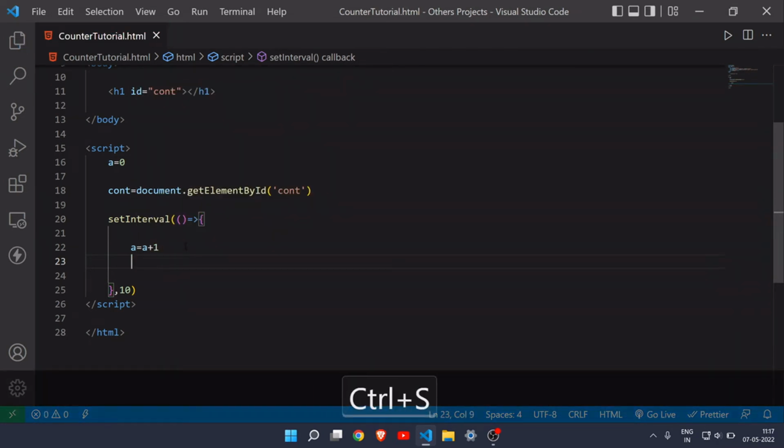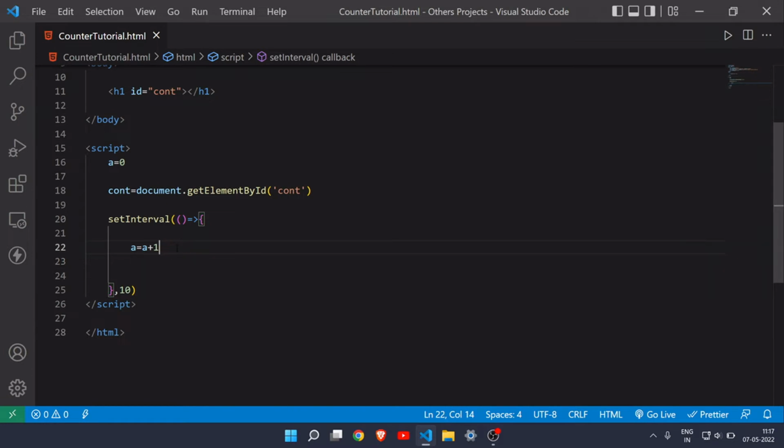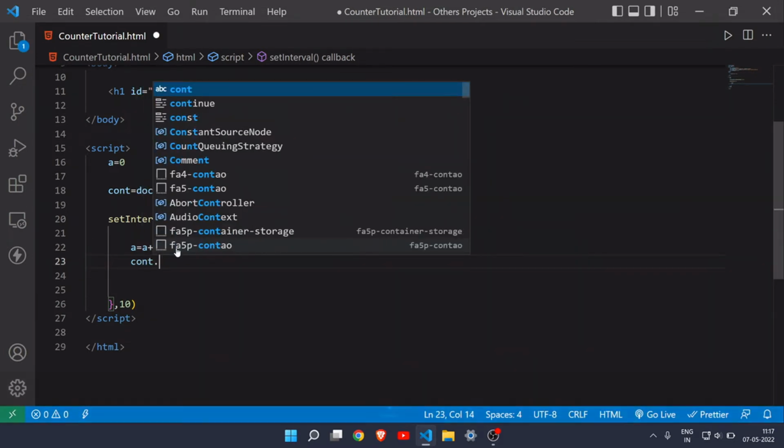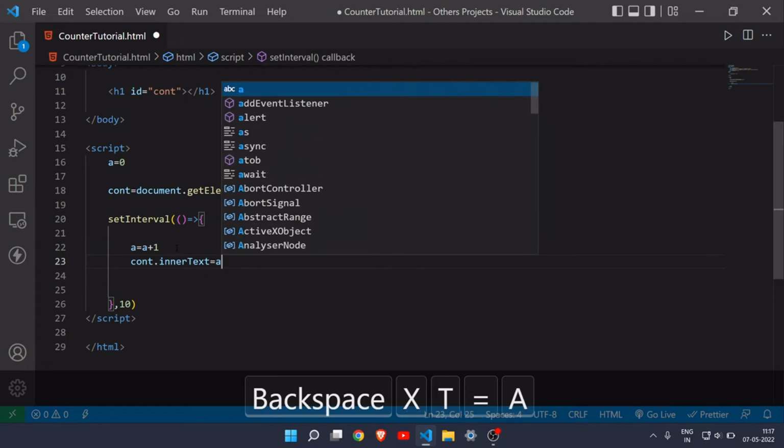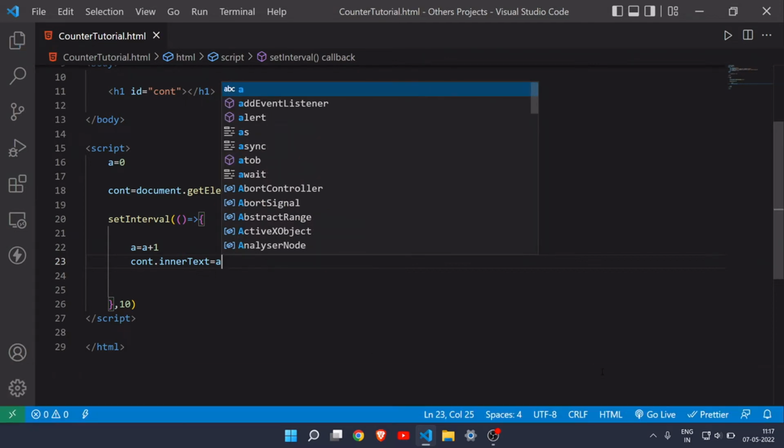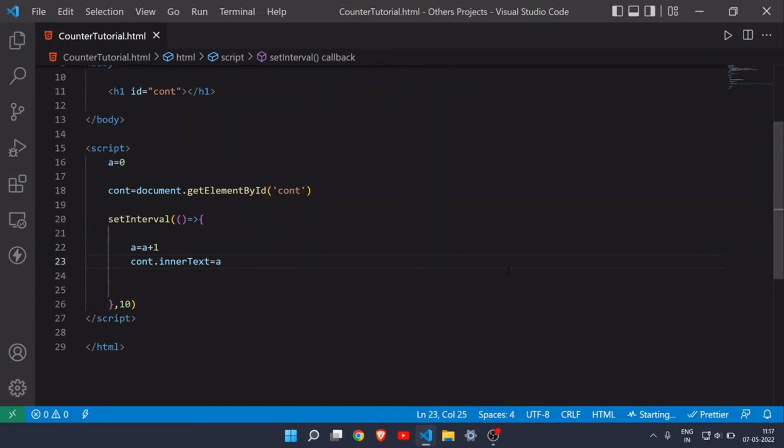But before that we also need to do count dot innerText, which will be a. And yes, as you can see here, our counter is ready. So let me just show you, and as you can see, it is just increasing, but we don't want to